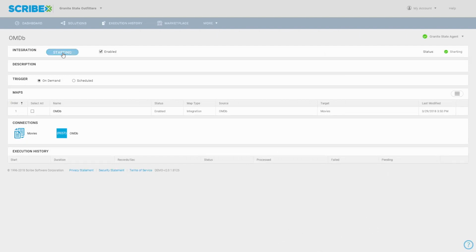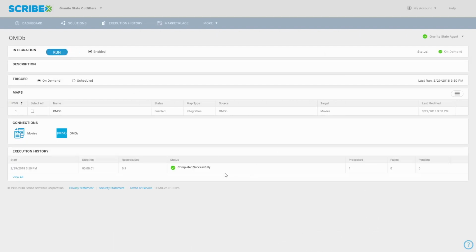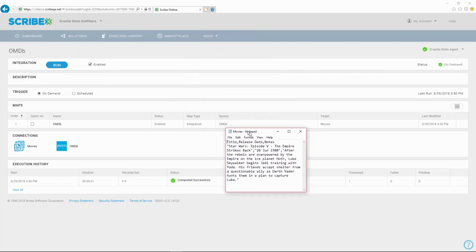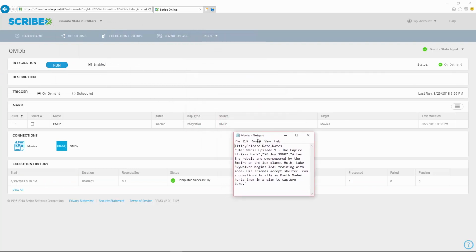Now I'll run the map, and you see that it completed successfully. And here is the text file the map created. As we saw earlier, we went out to the OpenMovie database and looked up The Empire Strikes Back. And it came back with the date that the movie came out, June 20th, 1980, and a summary of the